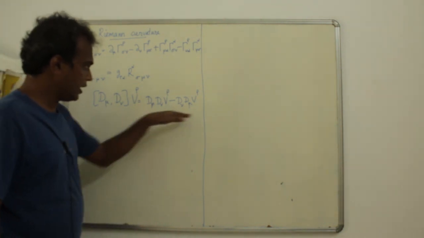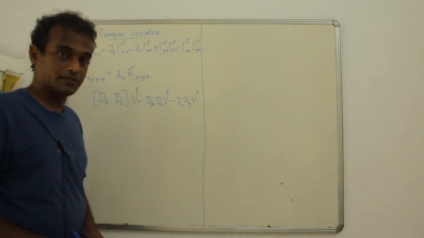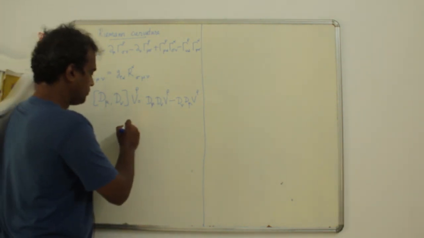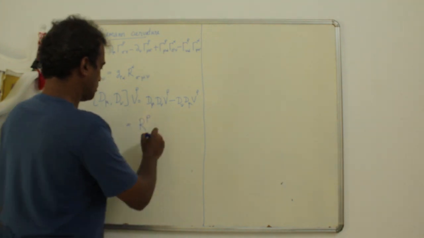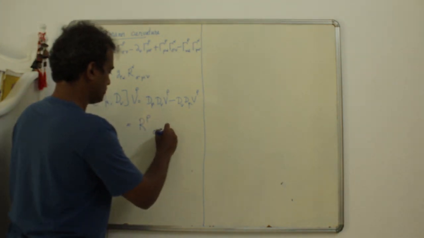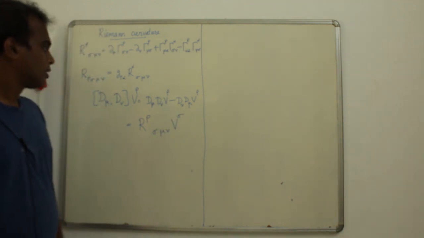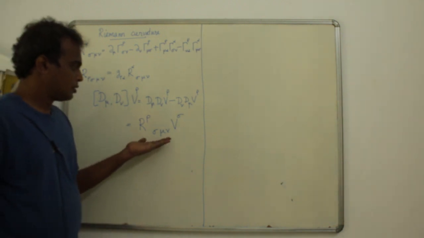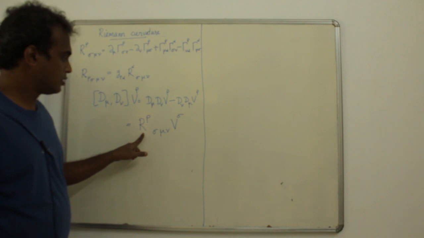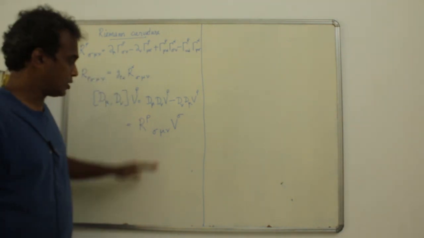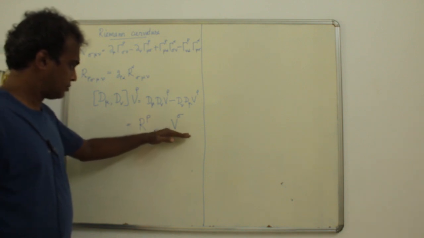If you calculate what this commutator of covariant derivatives gives us, we can see that it results in R rho sigma mu nu v sigma. So this is another way we could obtain the same Riemann tensor,